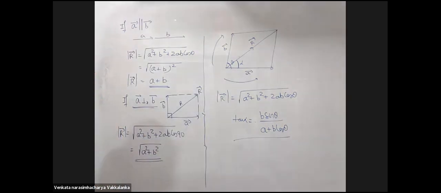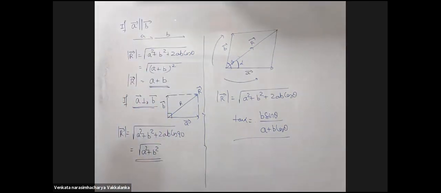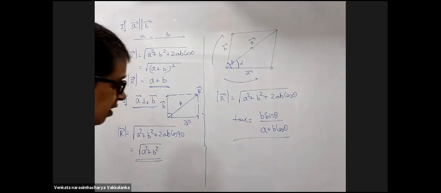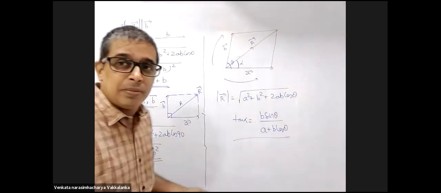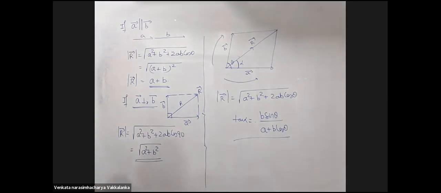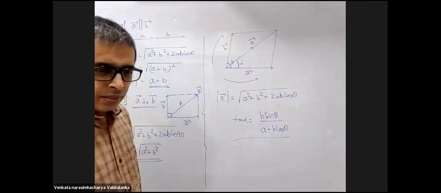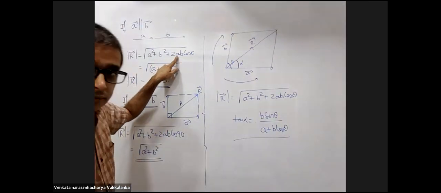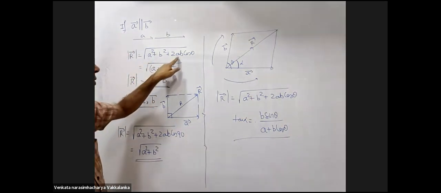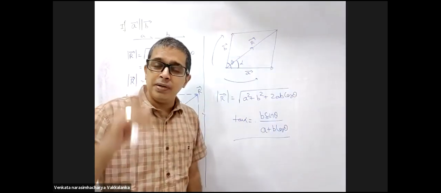Sir, can you explain once again? I did not understand. What you did not understand, you'll have to tell me. We didn't derive anything. What is your doubt? Tell me your doubt so that I can address it. Sir, in the first part, the A plus B square has cos theta also. So how did it become A plus B the whole square? Tell me the formula of A plus B whole square. A square plus B square plus 2AB. Yes, sir. But what about the cos theta? Cos 0 is 1.